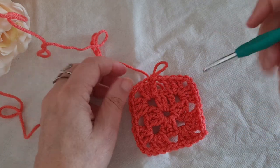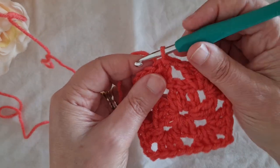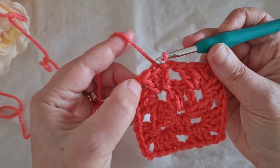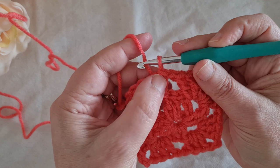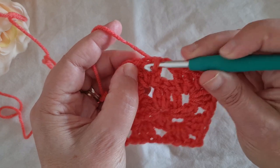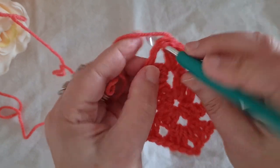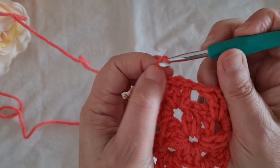Full square. For round number 3 and ongoing, however many rounds you want to work your granny square, again we start by slip stitching to the corner. So we are in the first stitch here, the chain 3 is our first stitch. We slip stitch the second, the third, and into the chain 2 space, and then we start chain 3,